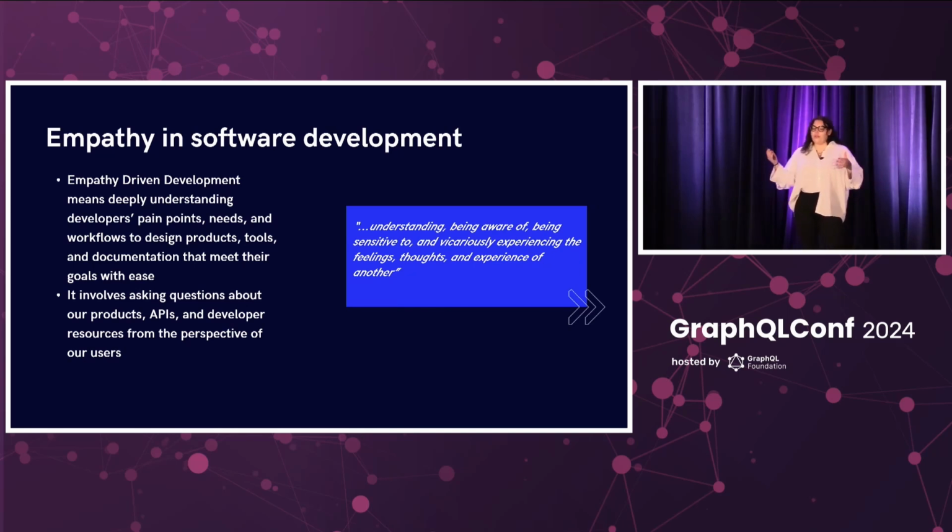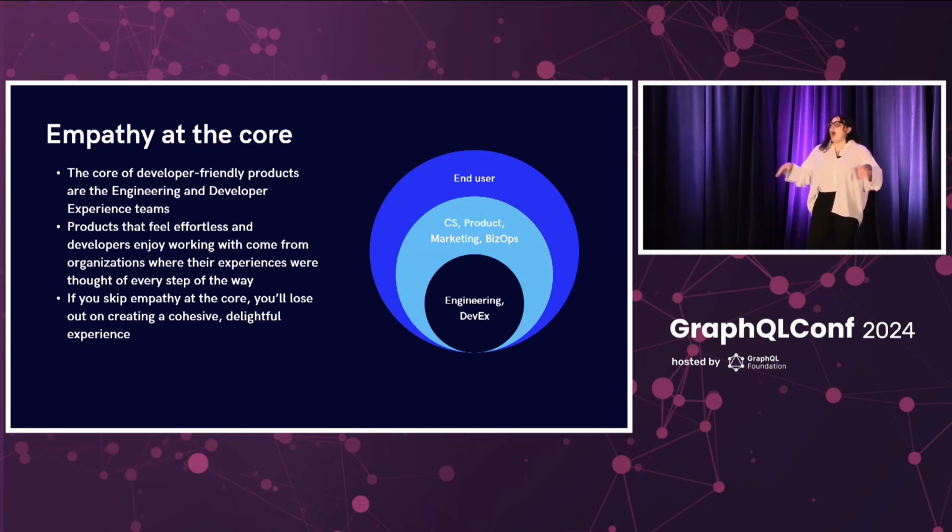So this approach involves asking questions really early on. Asking yourself when you're writing code, asking yourself when you're designing a schema, when you're naming things, when you're reviewing your schema with your colleagues. Asking empathy-driven questions about how do my developers need to use this? What are their use cases? Questions like this.